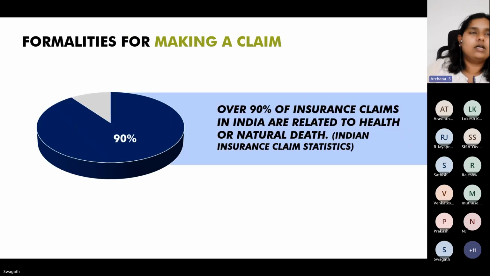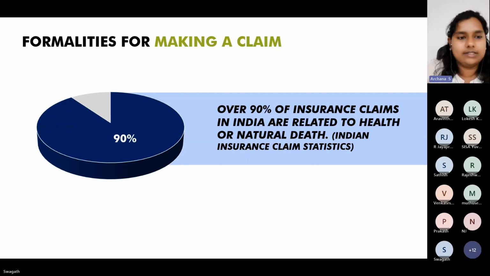So next one. Now we saw what are all the reasons, or what could go wrong, when you do not give relevant information or when you're not educating the nominee about the policy. So let's assume that some unfortunate event happened and the nominee has to go for a claim. What are the formalities? 90% of insurance claims in India are related to health or natural death, according to